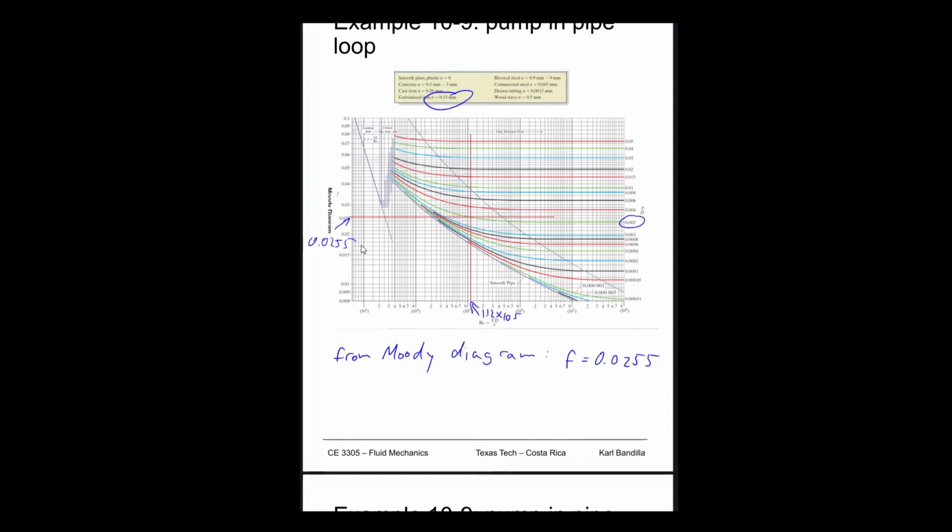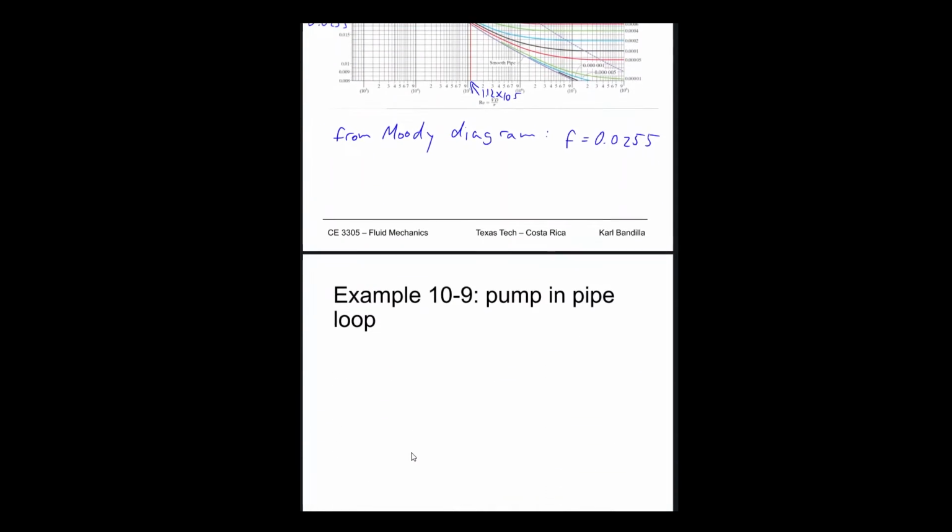0.0255. There we go. That means we can go ahead and plug everything into our Darcy-Weisbach equation. So we can say HLB, for instance, would be f times LB over D. Right? f doesn't matter if it's B or C because it's the same velocity, same pipe and everything, times VB squared over 2g. Plug that in, we get